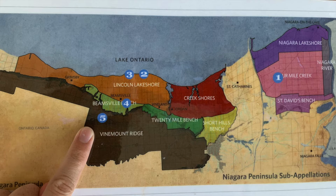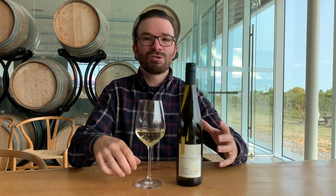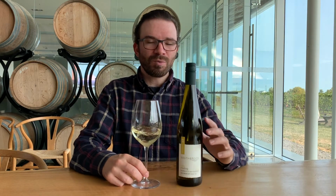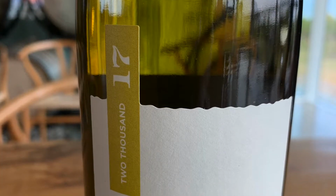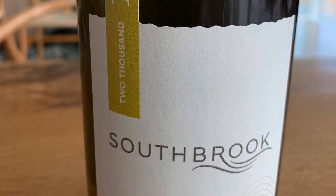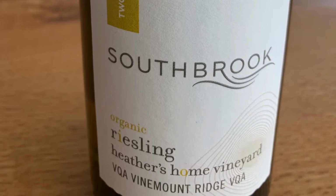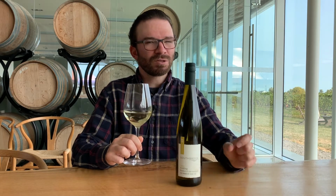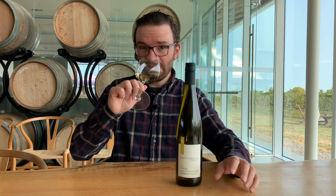So it's a little bit cooler, even a little bit further south, further away from the lake, and a little bit higher altitude. So a really great place to grow lovely crisp Riesling. The 2017 vintage, which is what we're on right now, is a little bit drier than the 2016 vintage. It's about 8 grams per liter, so it still qualifies as off-dry, so a little bit of sweetness, but really,